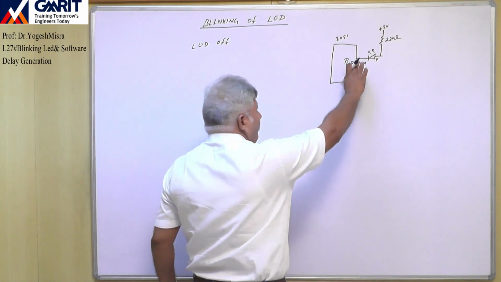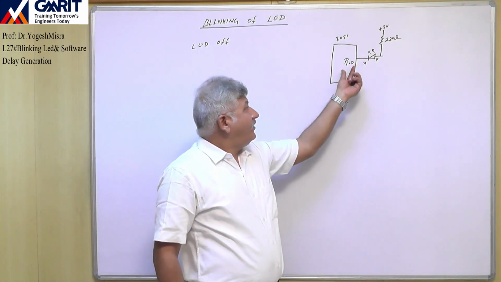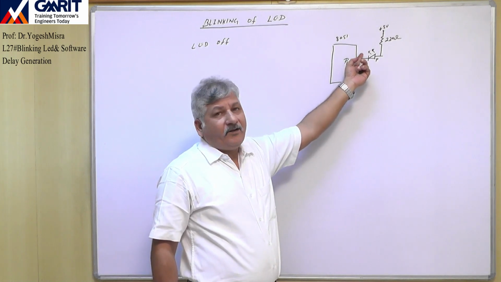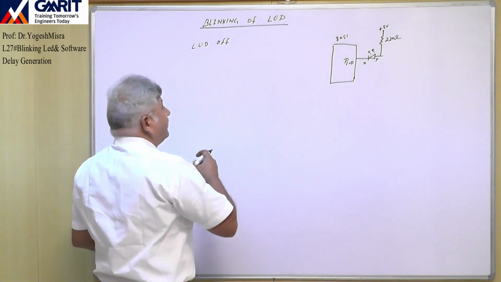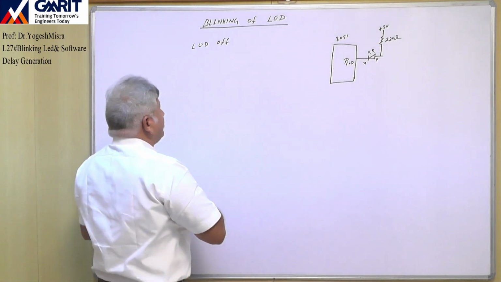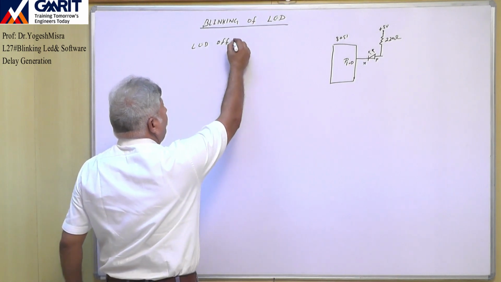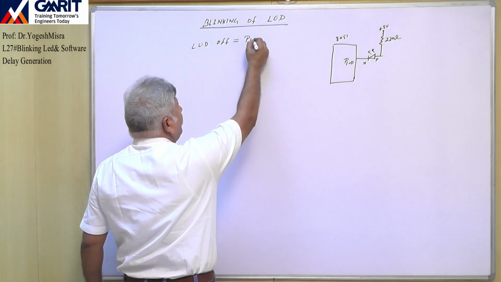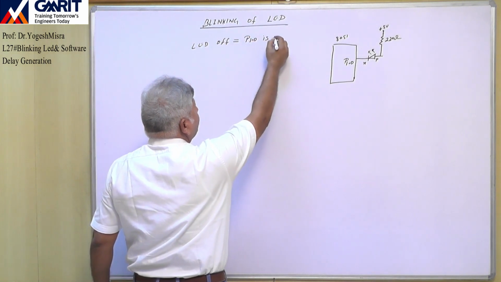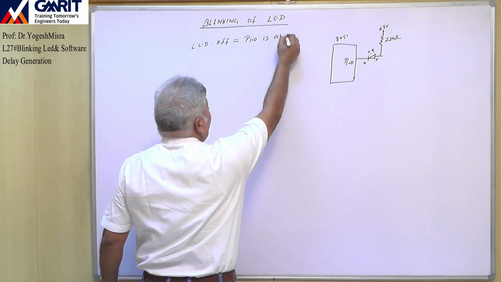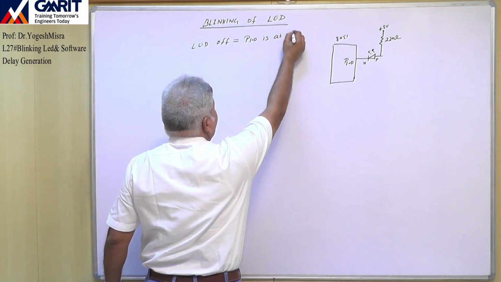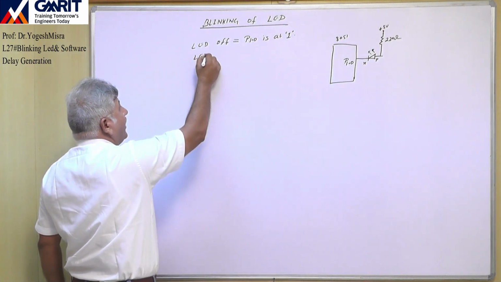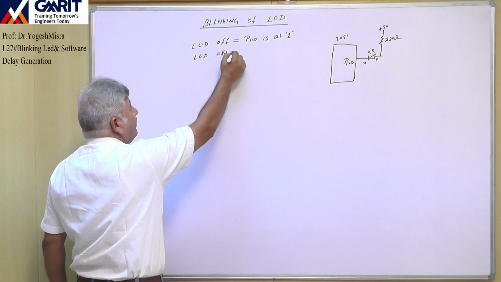To generate binary 1, what do we have to do? We have to simply set this pin. If this pin is set, it means 1, it will generate 1. So to make the LED off, P1.0 is at binary 1,